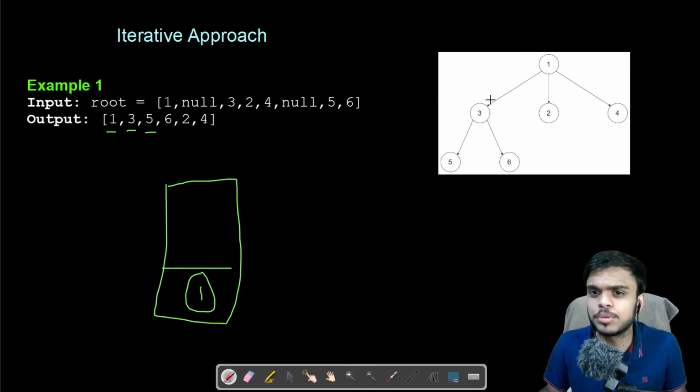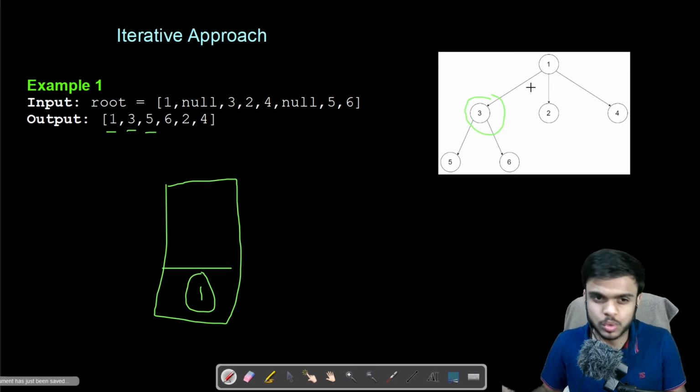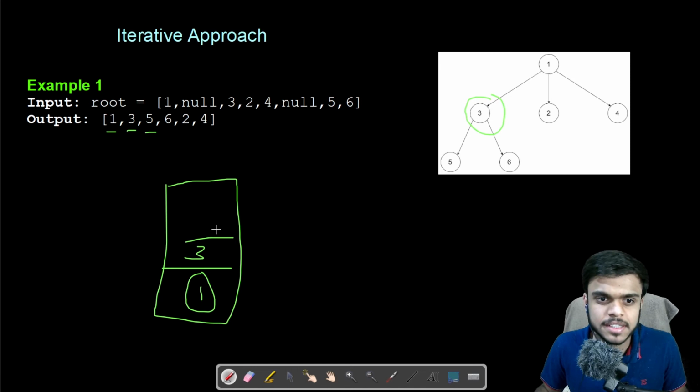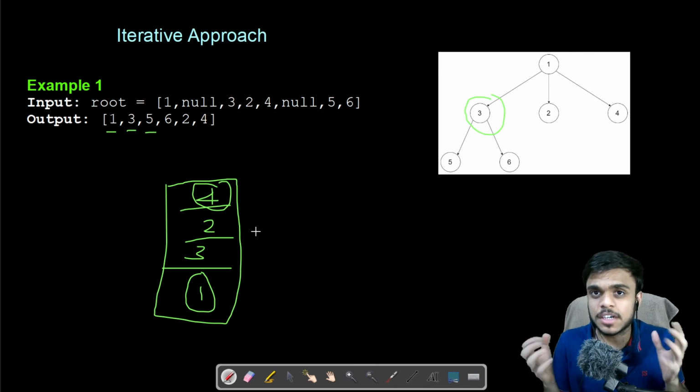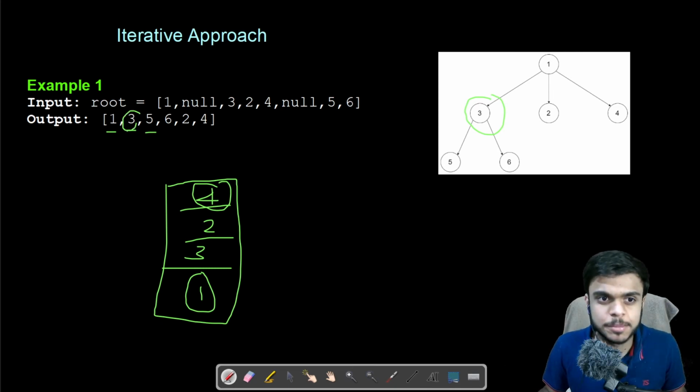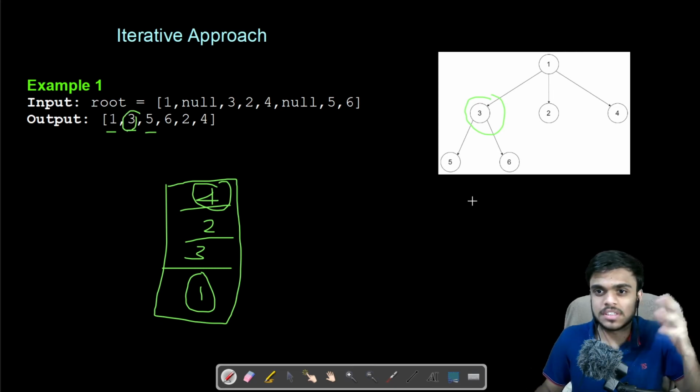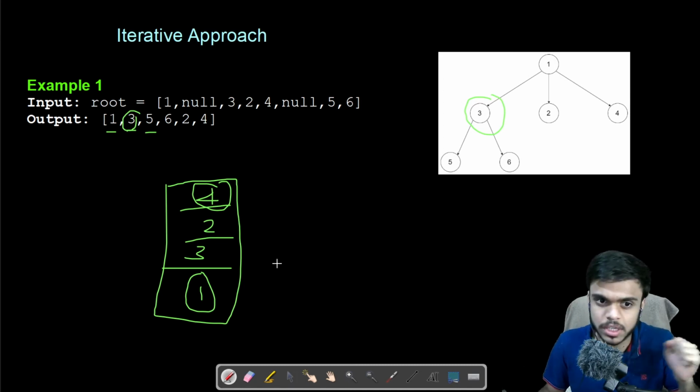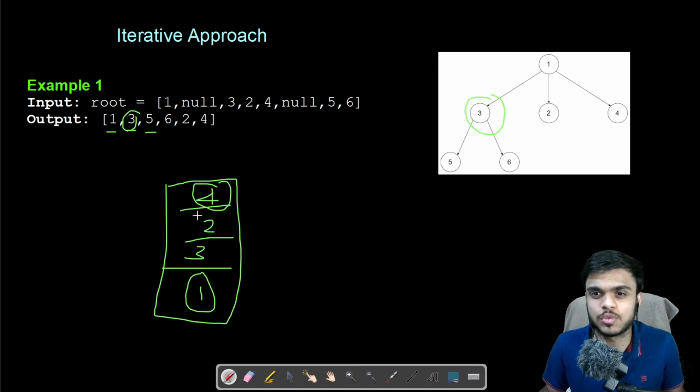After that, if we push the children of the root node, 3, then 2 and then 4, the top would become 4, but the first thing that we need to come out is 3, right? Because we need a pre-order traversal, so its left child would come first. But this is the reverse of what we have.